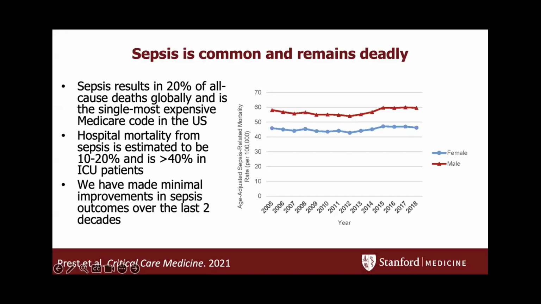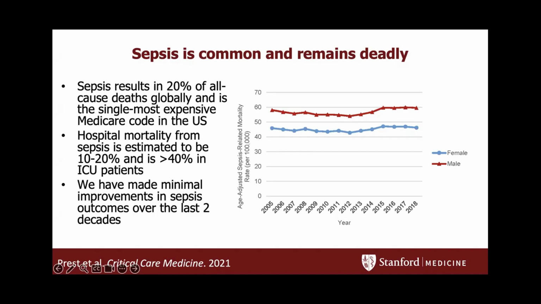So I have this slide up, but I'm realizing now that I should probably start with just pointing out what is sepsis. So sepsis is life-threatening organ failure defined by various metrics. Most recently been the SOFA score, which is just this metric of, how is your kidney working? How is your liver working? How is your heart working, et cetera. And that dysfunction is caused by what we suspect to be a host response to infection.